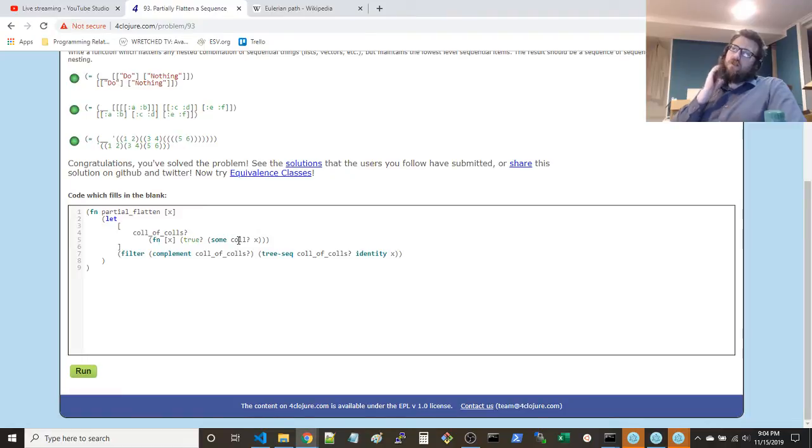Anyway, so this collection of collections just checks, given some X, is it true that there's some thing in X that has a collection in there?